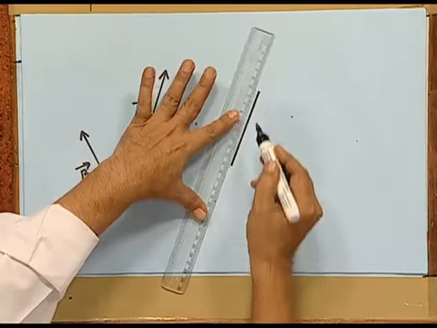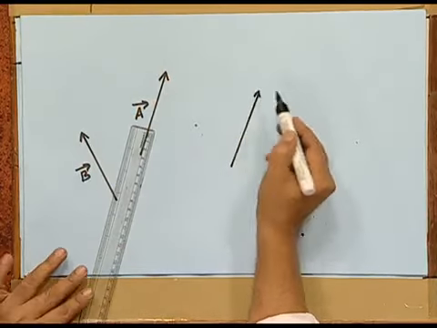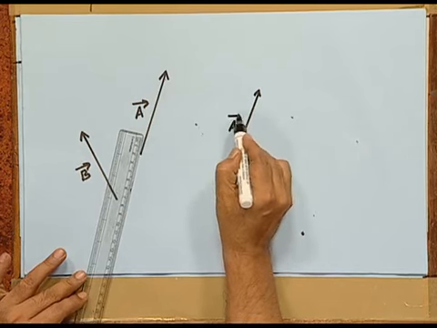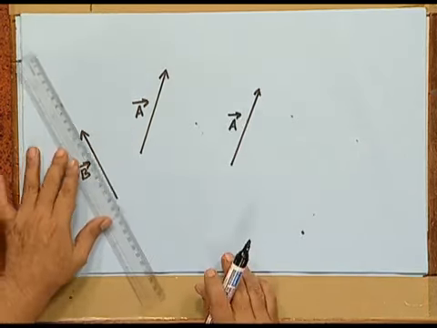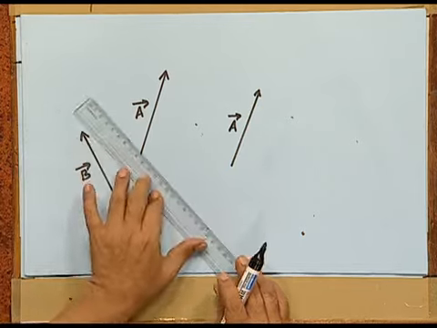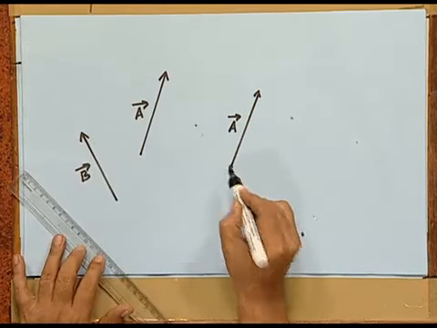Now, what is that? Construct the parallelogram with A as one side and B as another side. How do you do it? Transfer this vector A to some other point having the same magnitude and the same direction. So, this is vector A. Vector B also should be transferred, but here